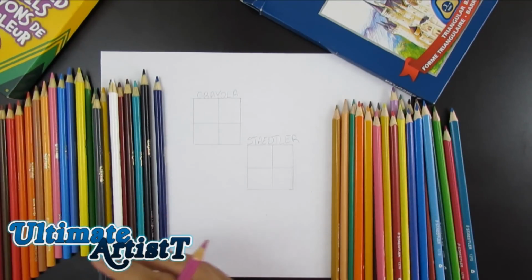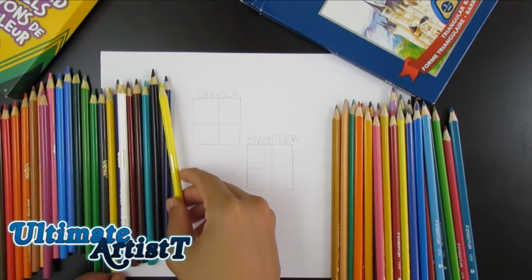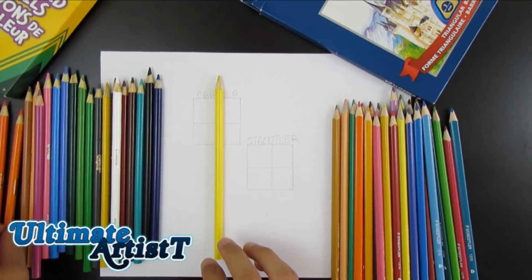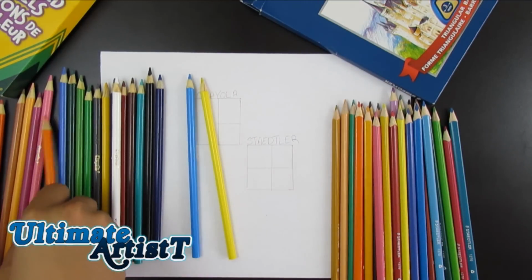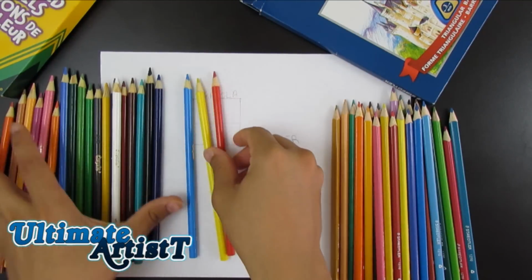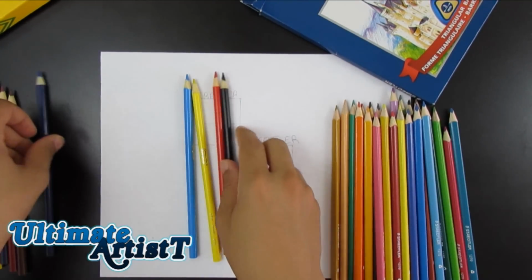So I'll just take up primary colors from each one and then put them aside. So the yellow, just take a standard yellow, the light orange, and then a light blue. Oh, sorry, not light orange, a light red. My mistake. So those are the primary colors, and I'll also take out a black, show you how dark the